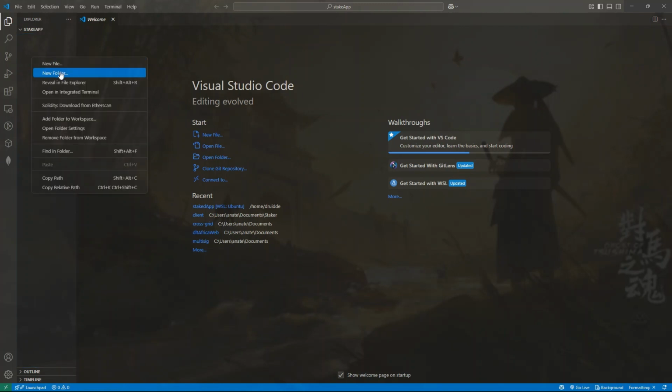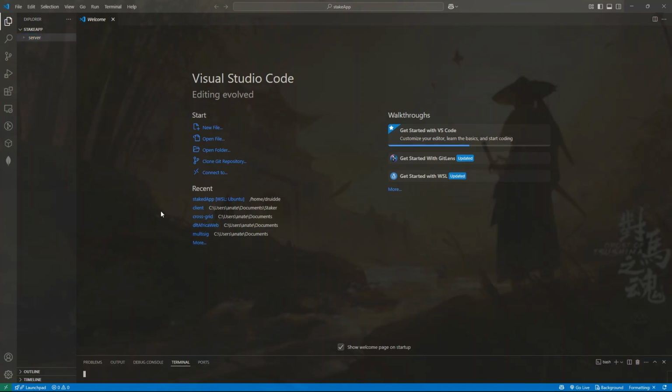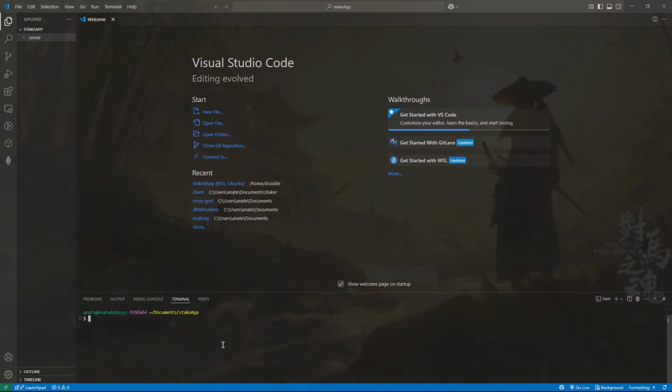You can create a new folder and call it server. Now you open your terminal. You can simply press Control J to open the terminal, then navigate into the server. Now we'll say npx hardhat init,